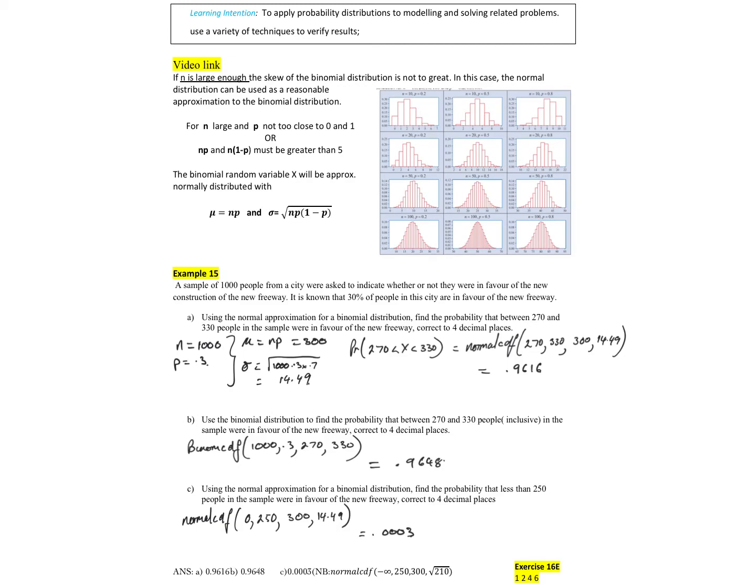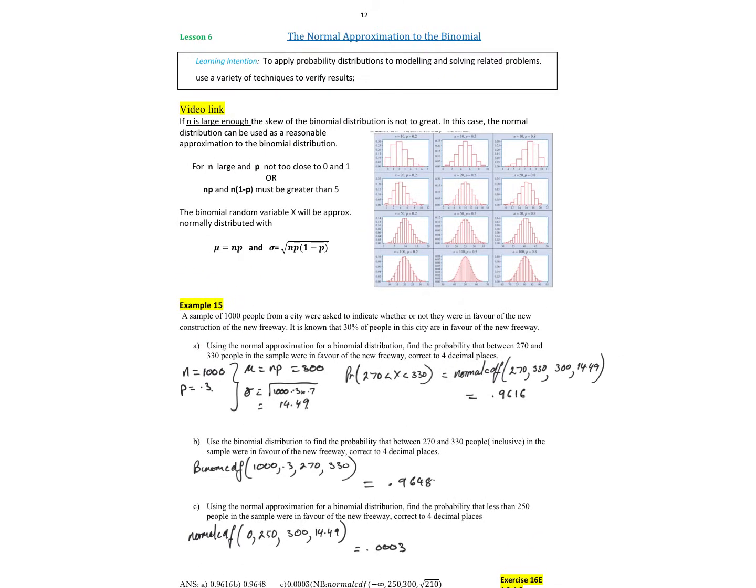All right, finally, we can use our normal approximation, our normal distribution, to approximate a binomial distribution. And that becomes useful for us. Obviously with a binomial distribution, if every time you take one out of the population the probability changes. But if our population is sufficiently big enough, we can ignore that. And the parameters, well, typically,